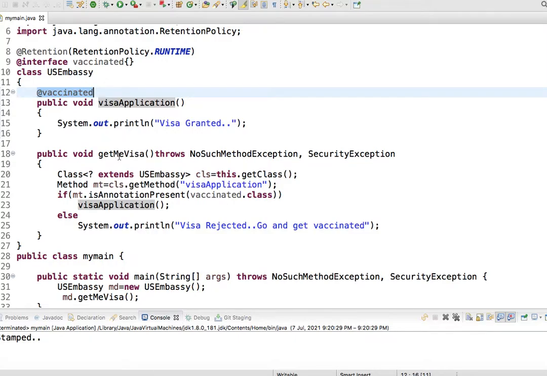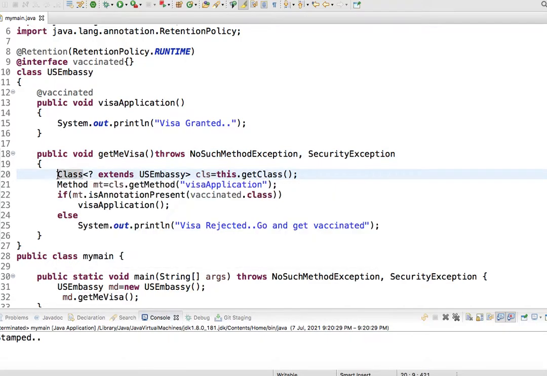Then I have this logic, this method getMeVisa, which throws two exceptions, because inside it I am using a few lines of code which throw NoSuchMethodException and SecurityException. That's why I have used the throws keyword.